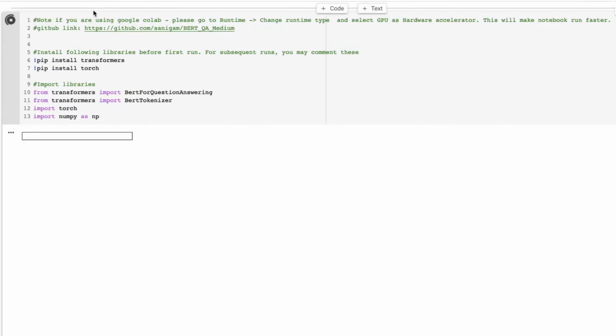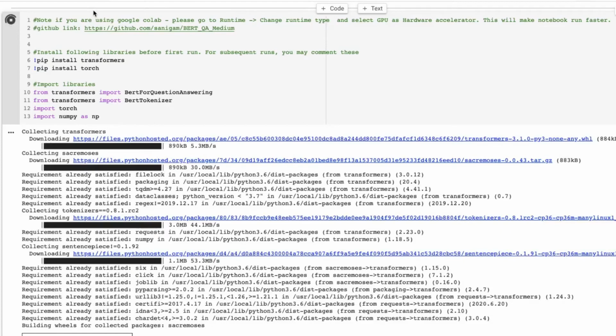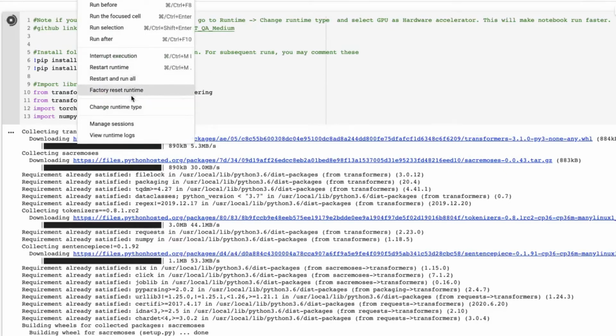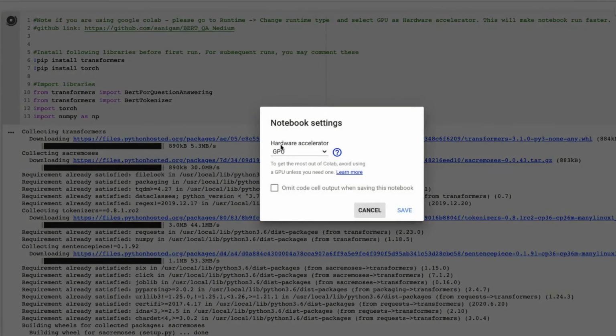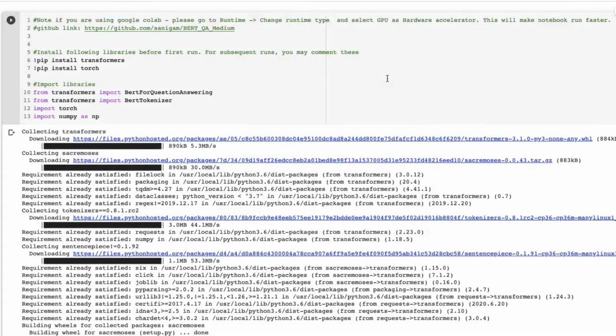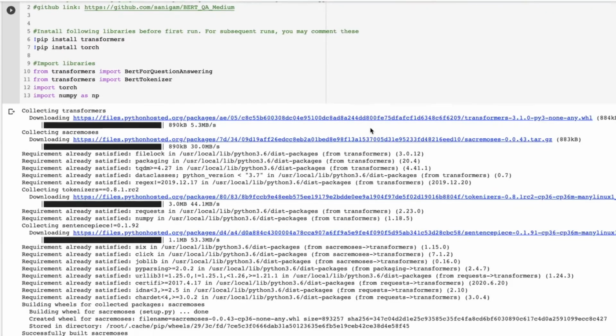Question answering, and let me run the first cell to just install the libraries and import them. And again, it will be a good idea if you make this GPU on so that the code runs a little bit faster. Okay,